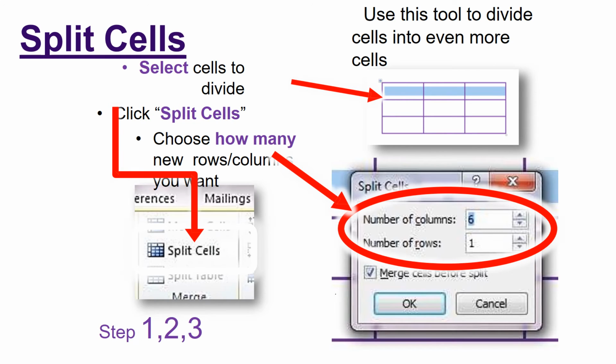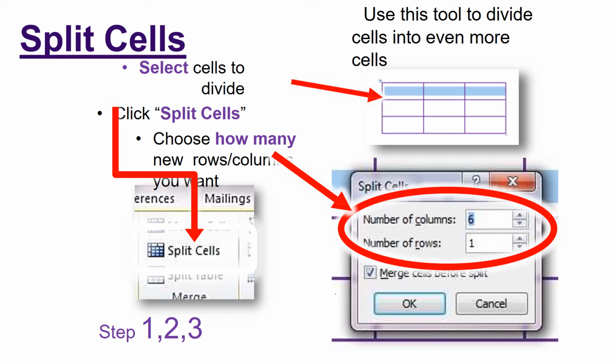Split cell. That means you divide one column or one row into many. How can you do that? You select the cell to divide, then you click on split cells as you can see in the picture, and choose how many rows and columns you want.